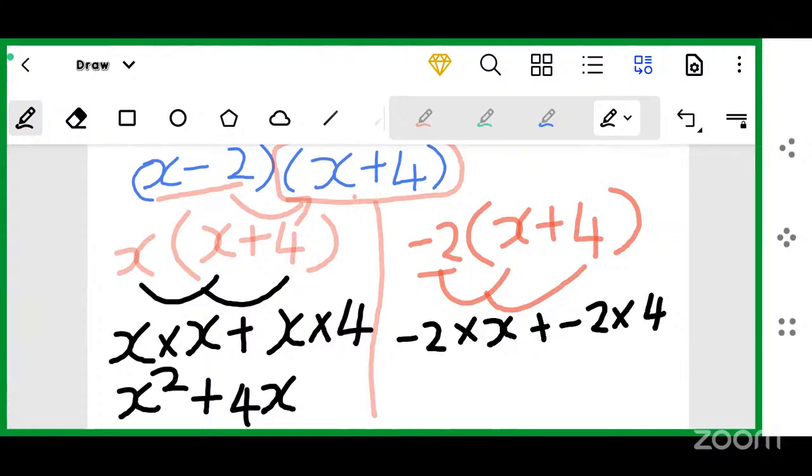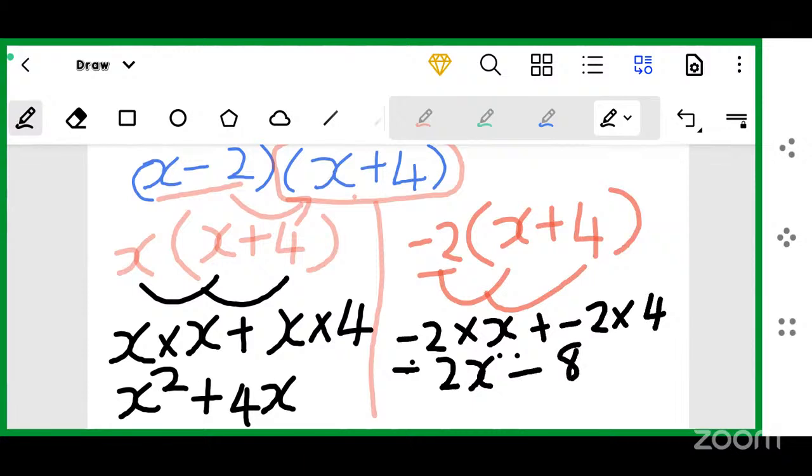Ma'am, negative 8. Okay, let me see. What is negative 2 multiplied by x? Sorry, I think I made a mistake there. Ma'am, is it negative 2x? Okay, are we agreeing, all of us? Yes, ma'am, I agree. Okay, so it's negative 2x, and you also said that negative 2 multiplied by 4 is